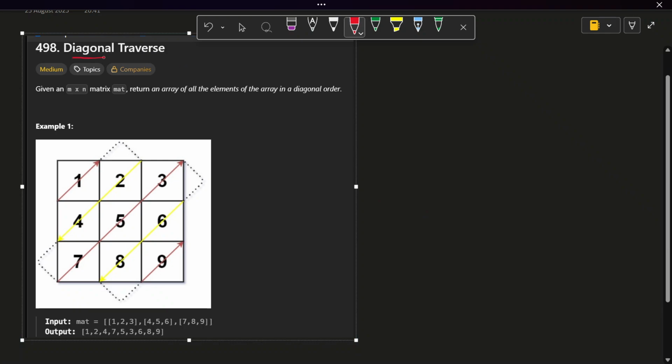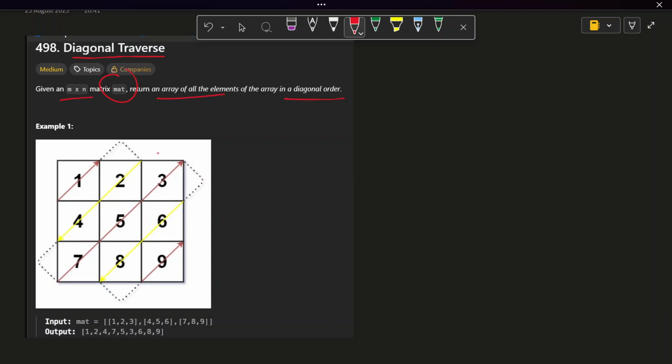Let's solve the question diagonal traverse. So this question says that we are given an m cross n matrix and we need to return the array of elements in a diagonal order. So what is diagonal order? See, first in this 3 cross 3 given matrix,